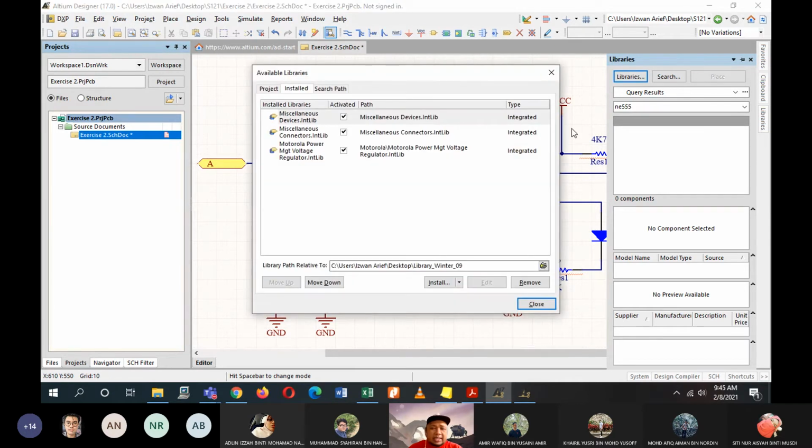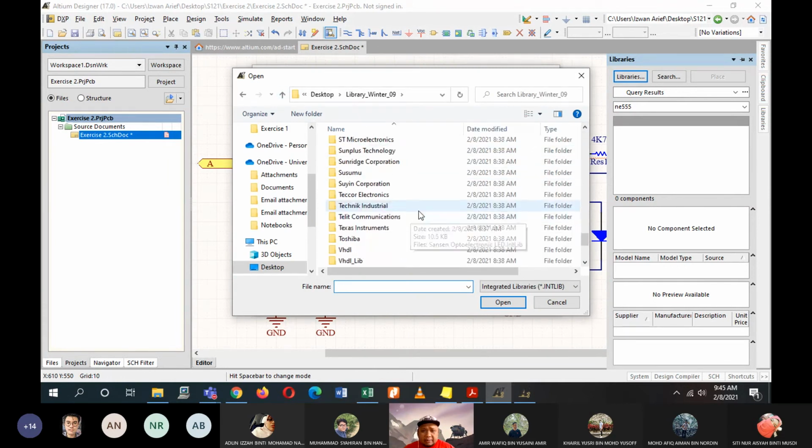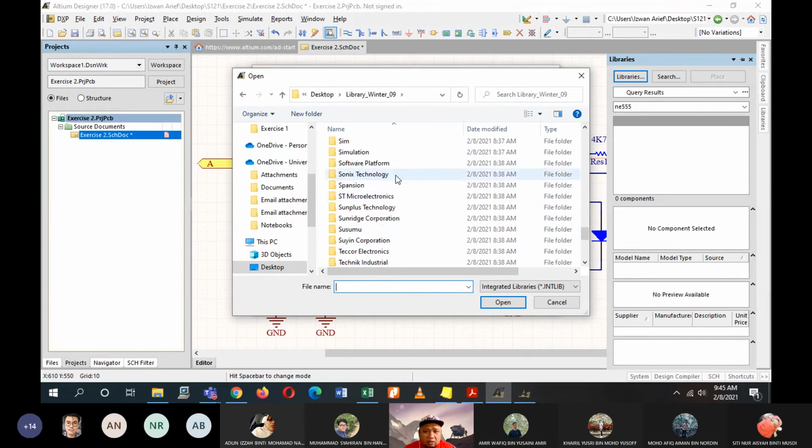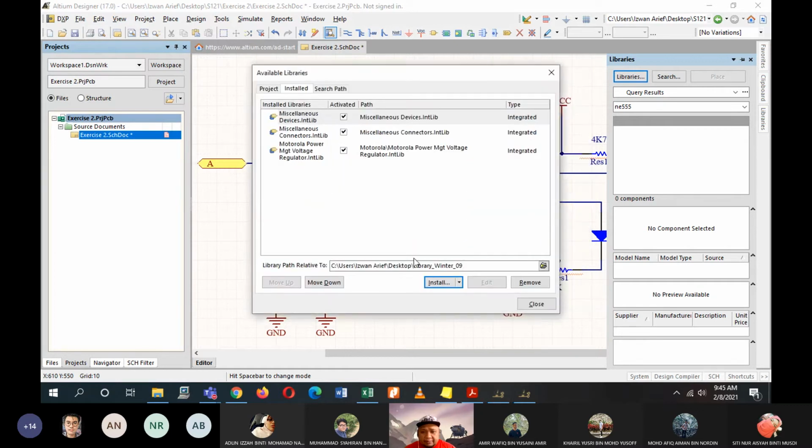Basically you can find a lot of companies, but as one of your friends told you just now, he found it in Texas. The one that I've been using is from ST Analog timer circuit. Go to the available libraries.